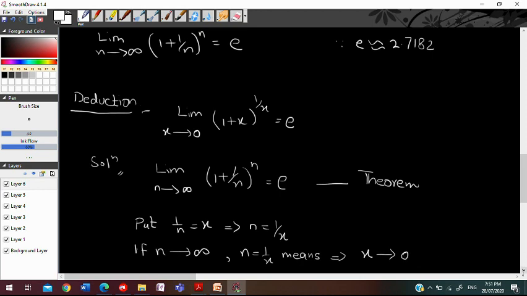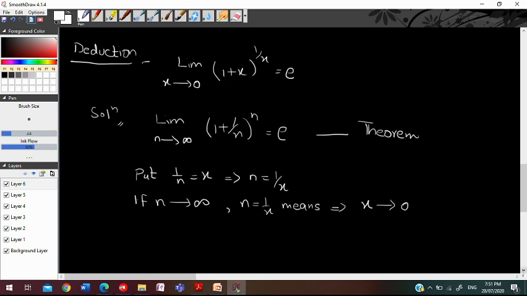So we have done two important things. The first step, in which we have taken the supposition of 1 by n, and the second step, with the supposition the limits are also changed, and we have decided the limits also. Now for limits, limit n approaches infinity, (1 plus 1 by n) power n is equal to e. It becomes equal to, now you just apply the values of all these factors.